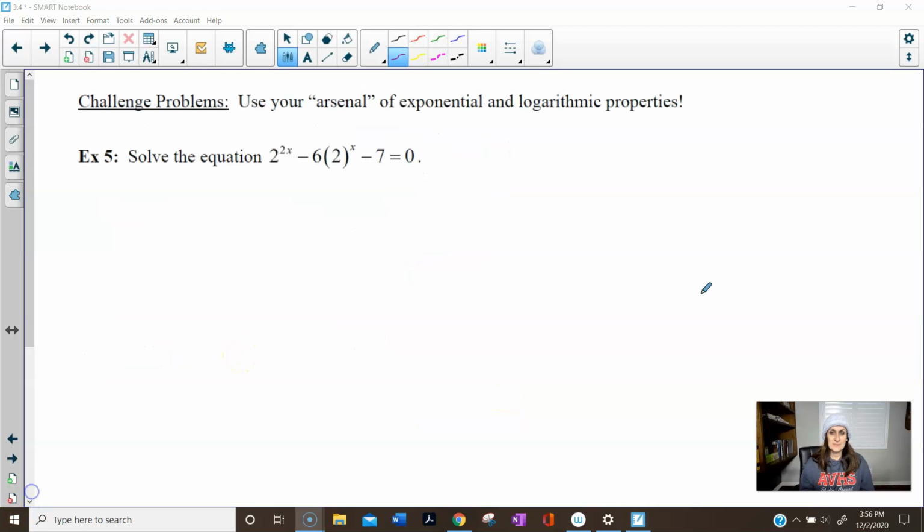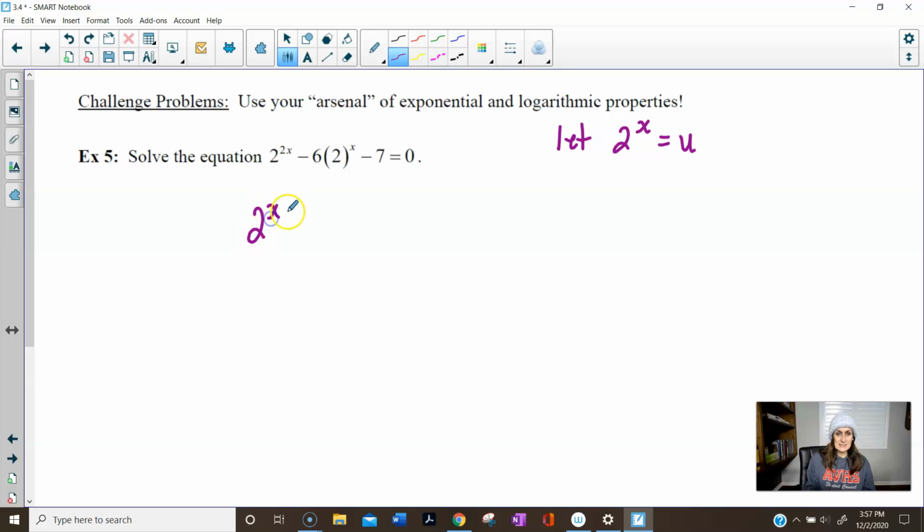There you go. So example 5 is kind of a challenge problem. I recommend you giving it a try on your own. If you want a hint, here's a hint for you. So we're going to let 2 raised to the x equal u. This is kind of quadratic in nature. So this is 2